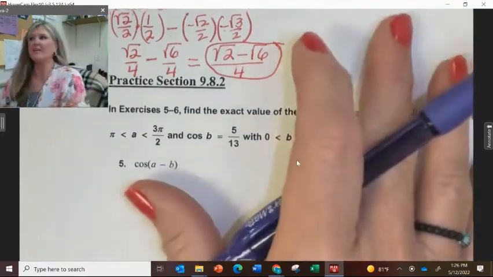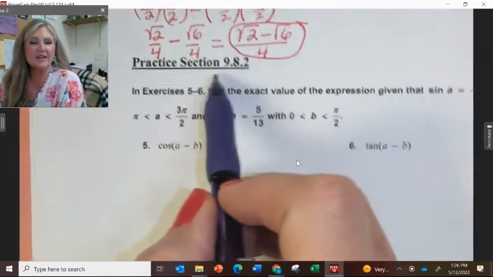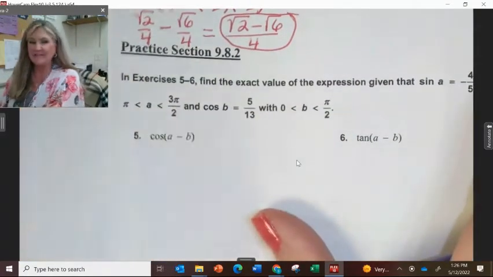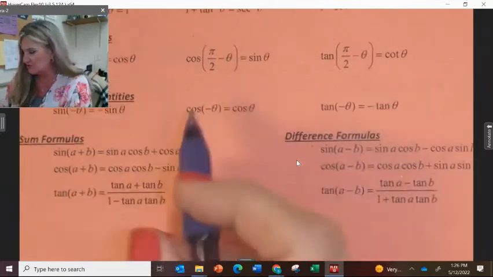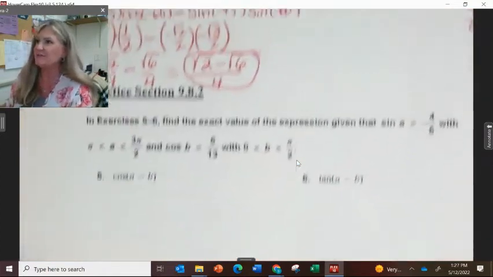Right, here we go with our last video notes of the year. This is going to be over section 9.82, and it's going to be based on those formulas that we talked about yesterday. Those formulas we did yesterday were on this orange sheet. We did the sum and the difference, and we're going to be applying those formulas for different types of problems